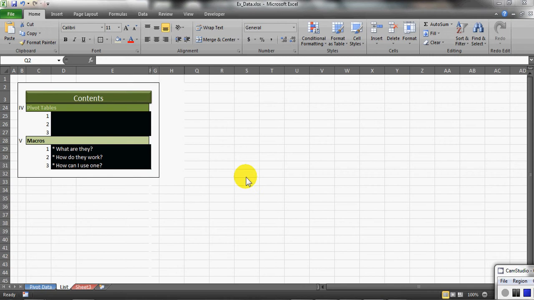Okay, so what is a macro? Really, a macro is sort of analogous to a miniature program built inside of Excel that is made to actually interact with Excel to either make formatting changes or complex calculations and things like that. One of the big things you'll see macros used for is whenever there is a static process, say a report that has to be run maybe once a week. A macro might be built to format that report